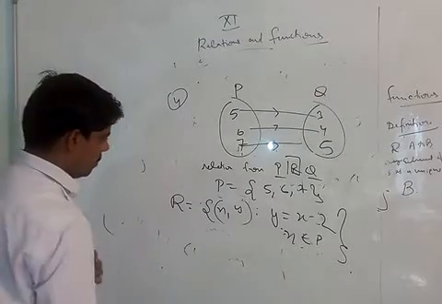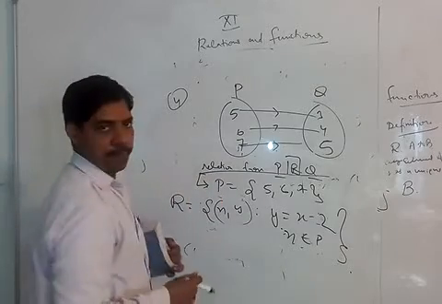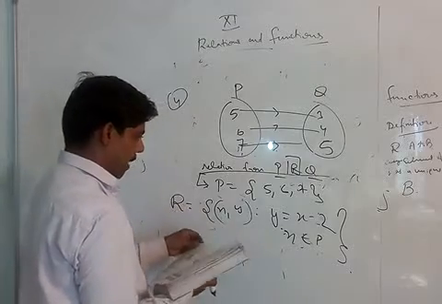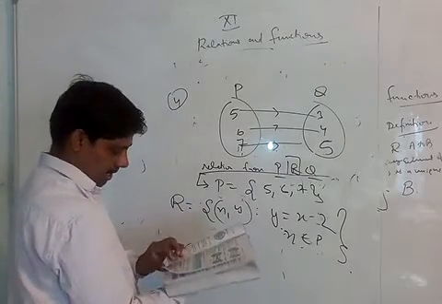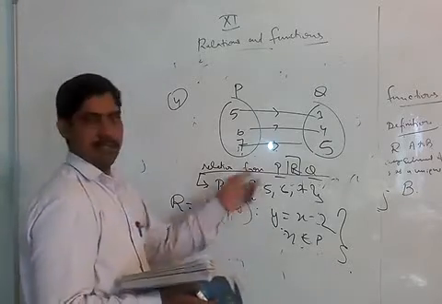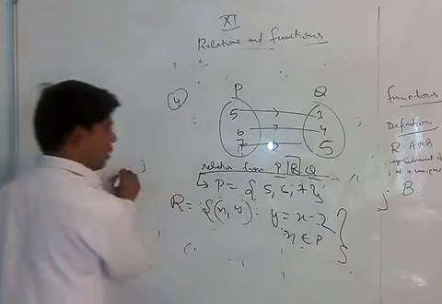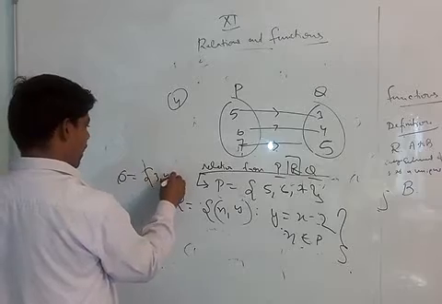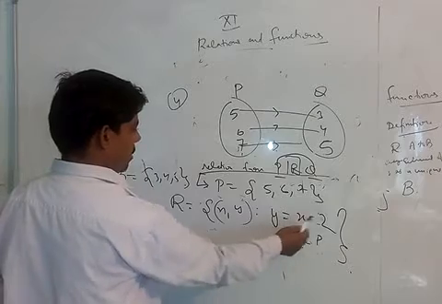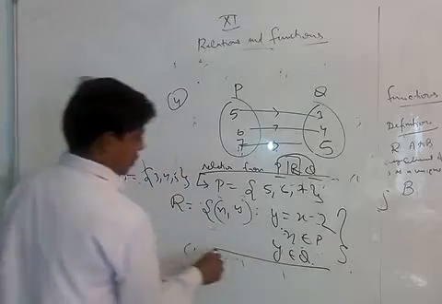That's it. Directly, let us define a relation on set P such that {(x, y): y = x - 2, x belongs to P}. So y has a restriction automatically, right? I am not writing x, y belongs to this. You can also write P is equal to this and Q is equal to {3, 4, 5}, a relation from P to Q, where y is equal to x minus 2, x belongs to P and y belongs to Q. So that's it.